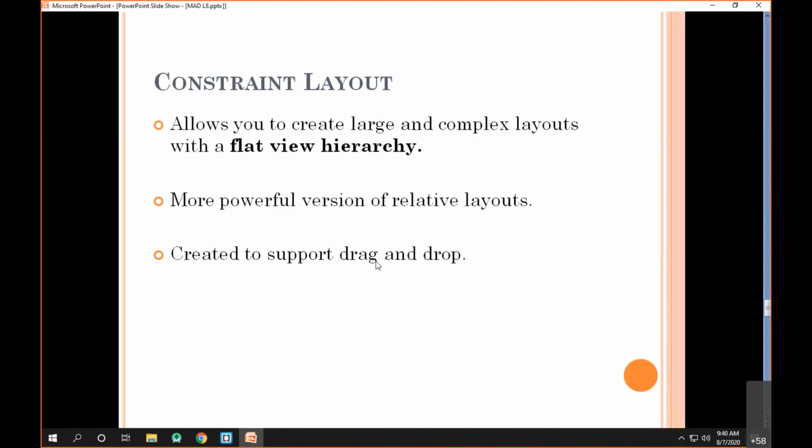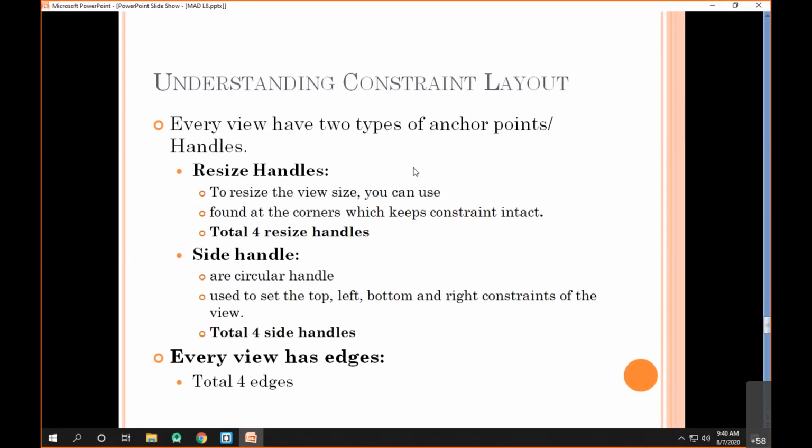And since it's a more powerful version of the layout, it's the default support for every other activity. Let's understand the constraint layout step by step, because understanding the constraint layout might be a little bit difficult. So let's try to understand it step by step.